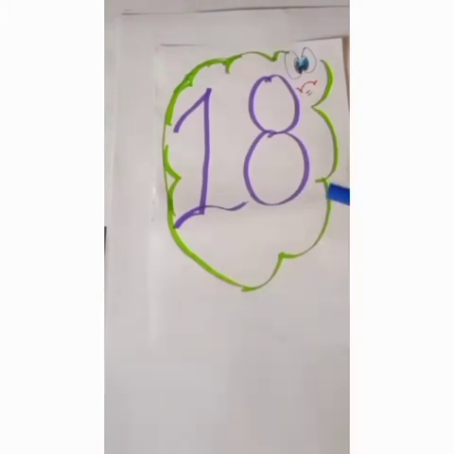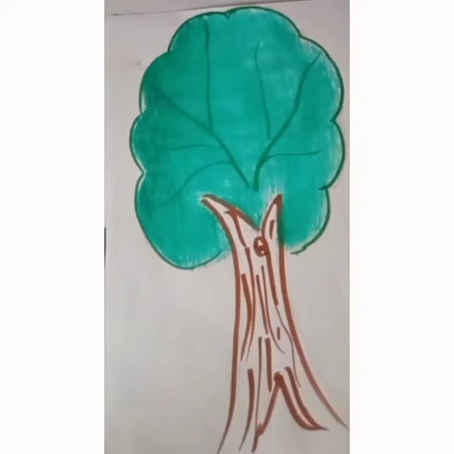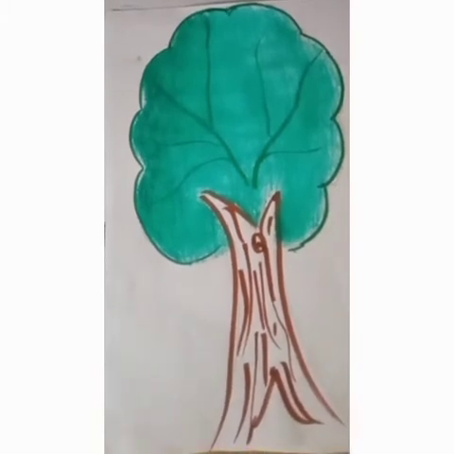It happened that number 18 was very sad. It was thinking how to split itself into small numbers, as other numbers do. He was thinking again and again. Then he saw one tree, a tree with branches. Then he thought, as the tree has split itself into branches, in the same way number 18 also can split itself. So he started splitting itself.